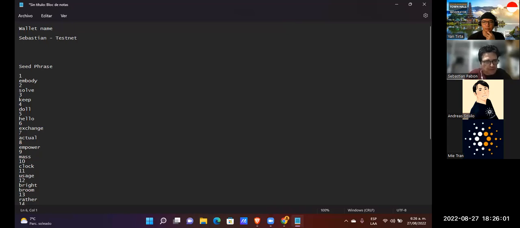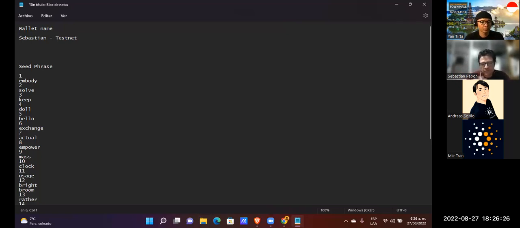I make these annotations only for educational purposes. In general, you don't have to make these annotations in this text file.